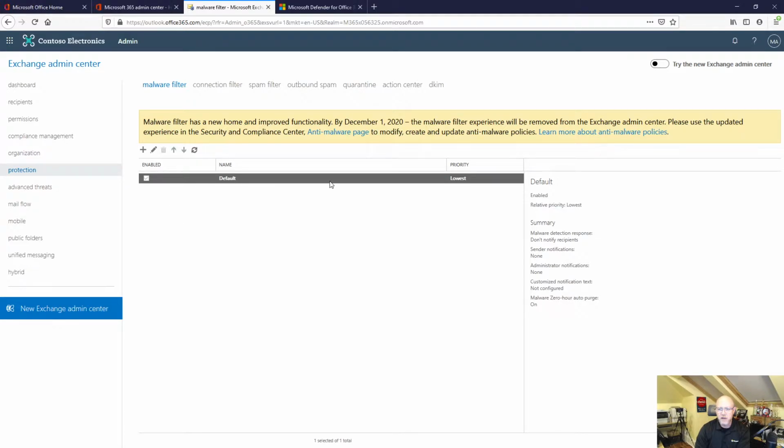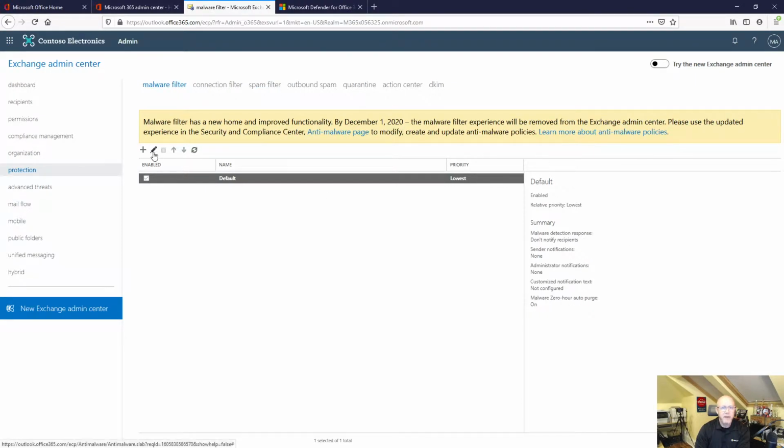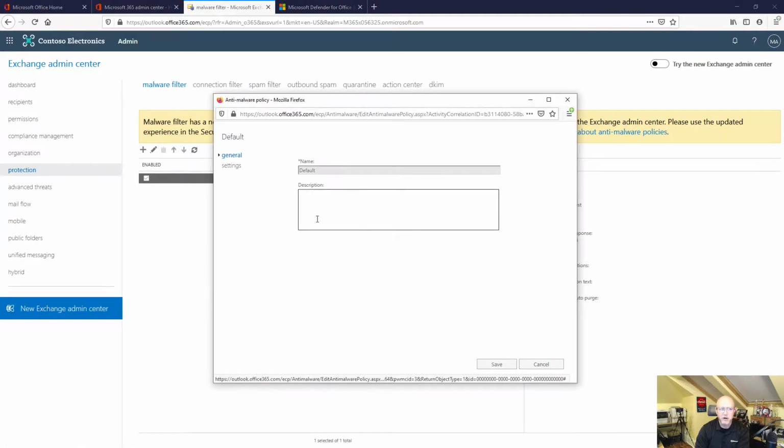Malware. So you get a basic policy for malware out of the gate. You also get a basic policy for spam out of the gate. But they're base configurations, and there's a couple little tweaks you want to do on these policies. So on the malware one,